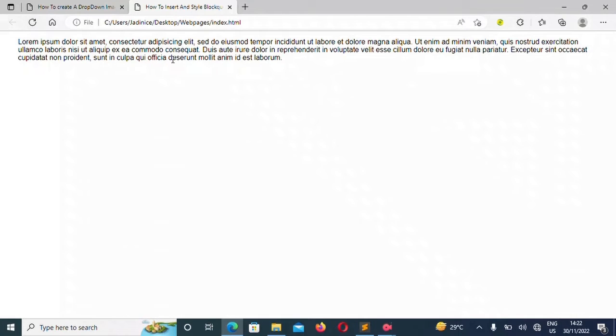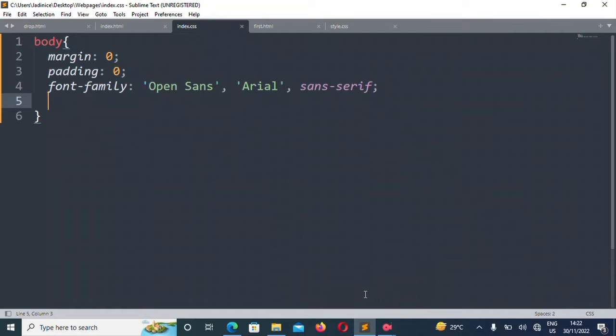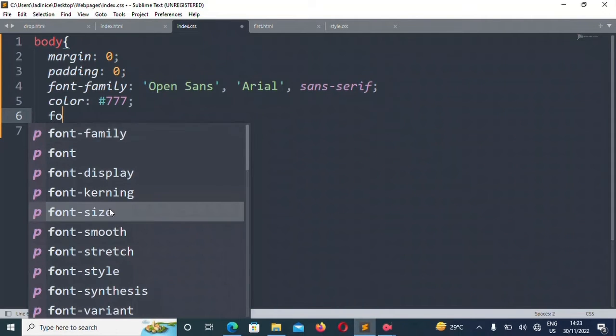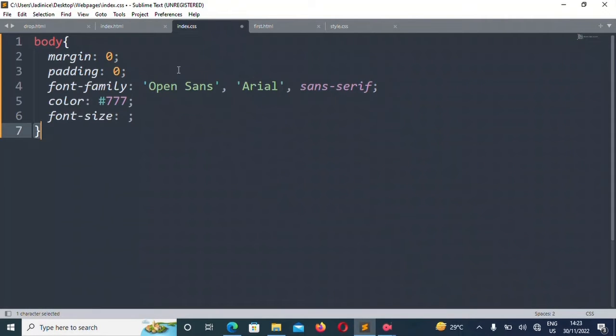There, you see it? It shows the first one, the Open Sans, because it's in agreement with it. And then the next thing that we're going to do is to add the color to be 777, and then the font size will be 15 pixels. So I'll add that and then I'll refresh.